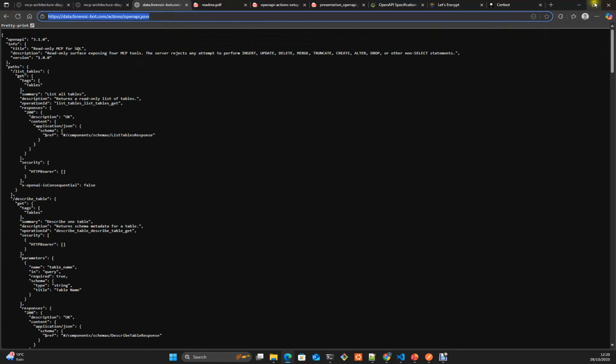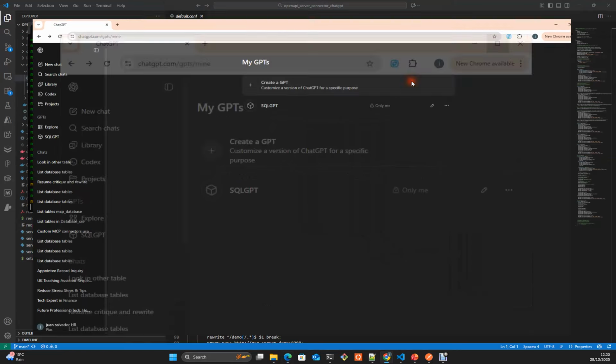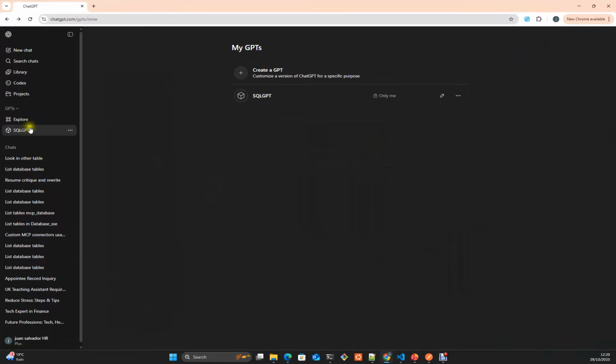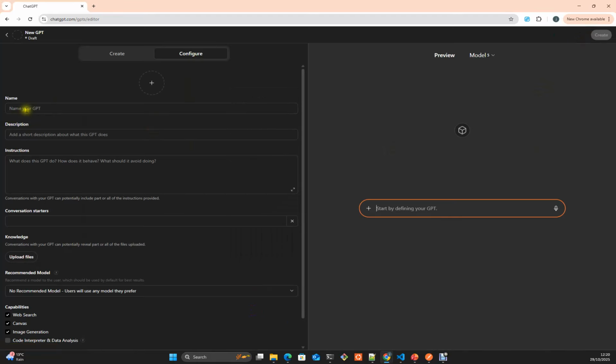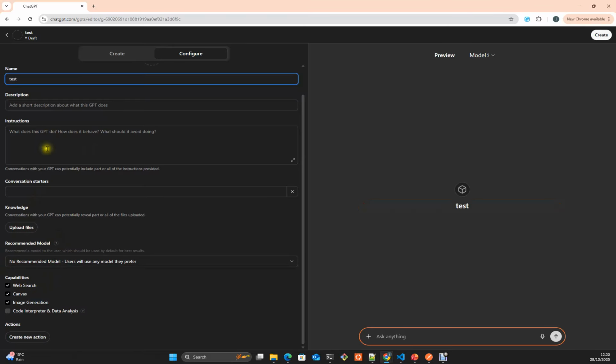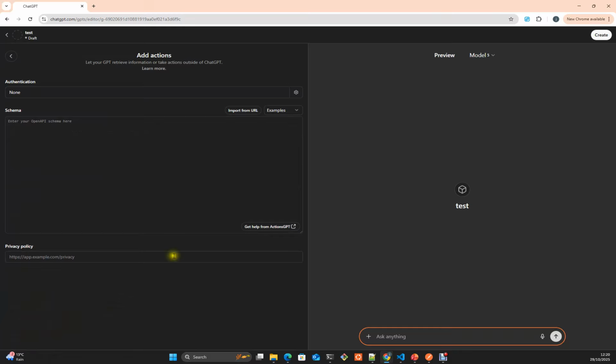Okay, so let's go here, and in our case, let's create. You can create one more here. You can set a name, and so on. Here you can define your instruction, conversation starter, knowledge, etc. Capabilities: this is if you want to allow this custom GPT to do web search, to create canvas, images, or to work as code interpreter and data analysis. And here you create an